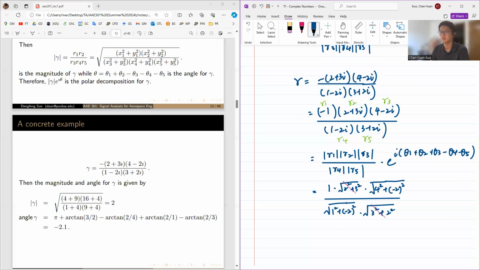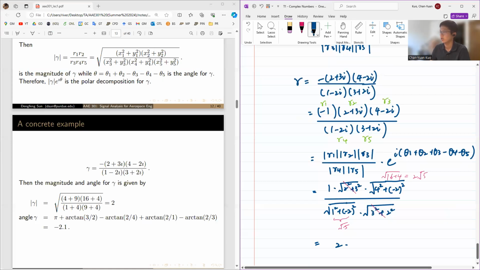And here we will be left with, take a look. Did I do something wrong here? 2 plus 3, 1, 2, 4, 2. Okay, maybe not. So this will equal 16 plus 4 square root of 16 plus 4. That's 2 square root of 5. So we will have this whole thing equal to